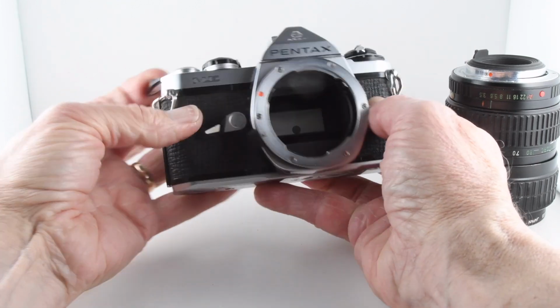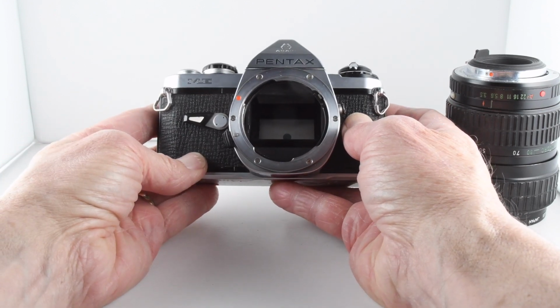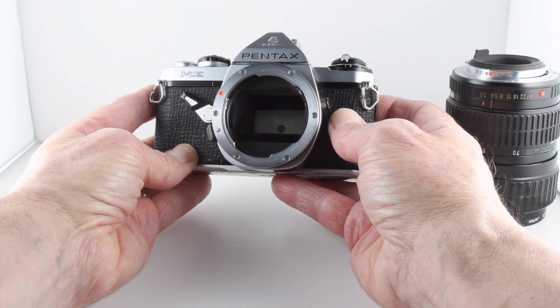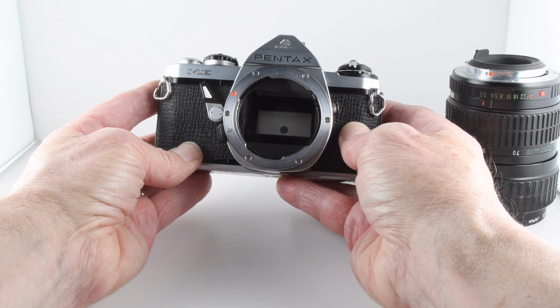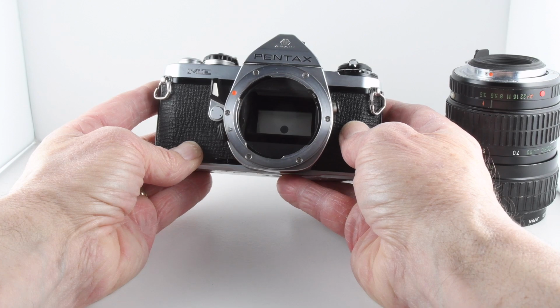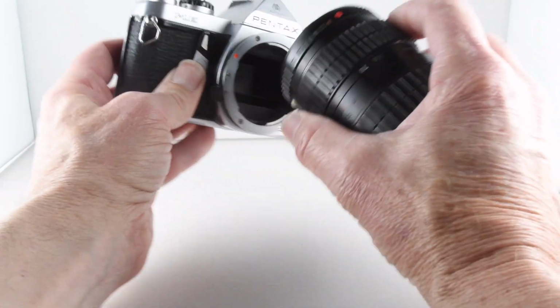Now the self timer is actuated not by the shutter button, you actually have to push it and it gets underway. This one just about makes it to the end. There we go. Okay, so let's just put the lens back on,